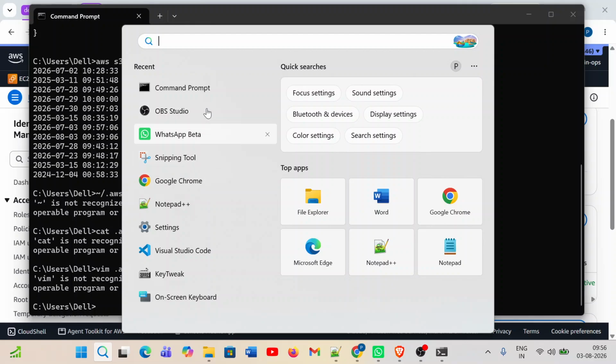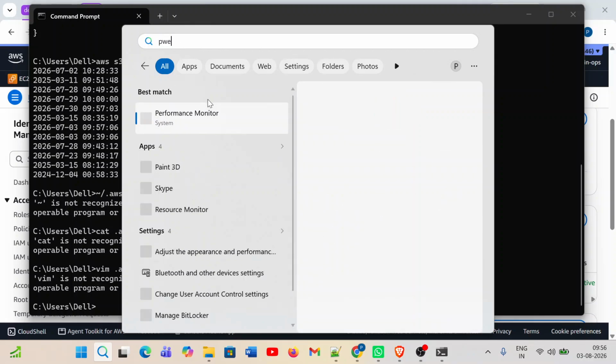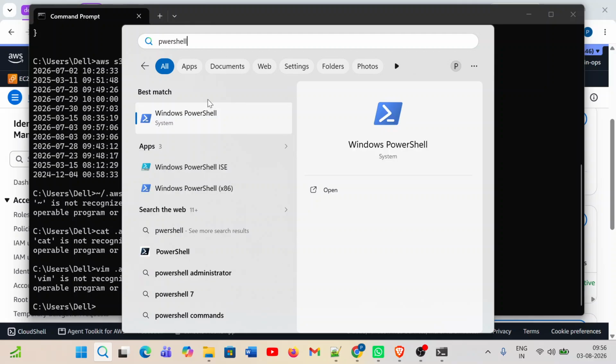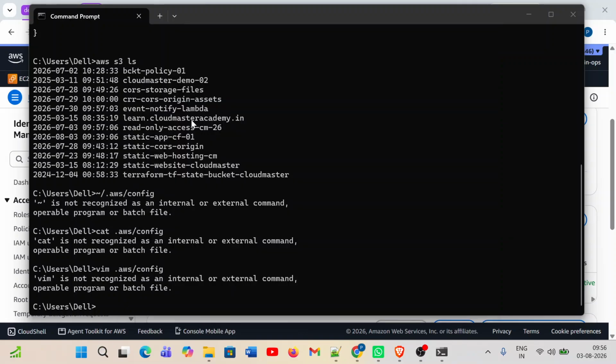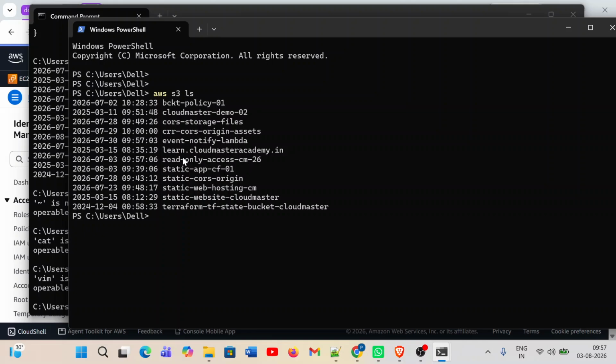Let's open the Git Bash, or we can run PowerShell, which is a native CLI in Windows, which also supports all Linux commands. Here we can see also AWS, all commands are running properly. I am successfully able to execute those commands, and I was showing you when we run AWS configure